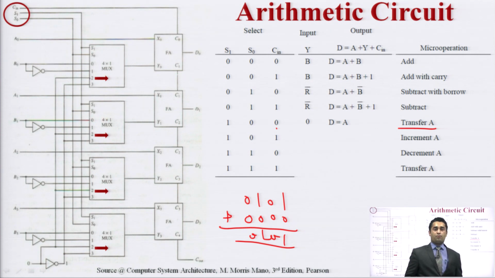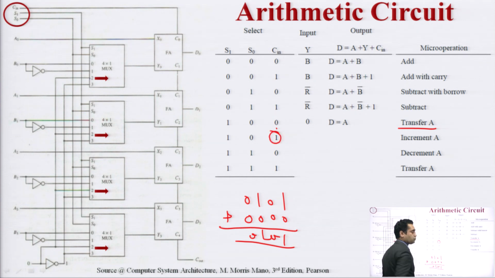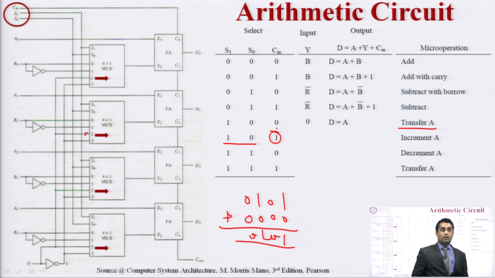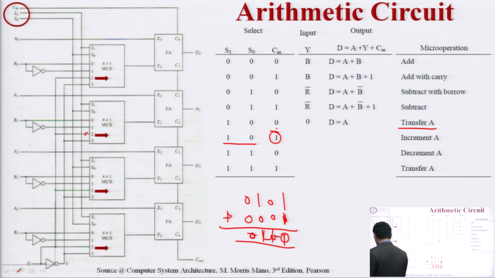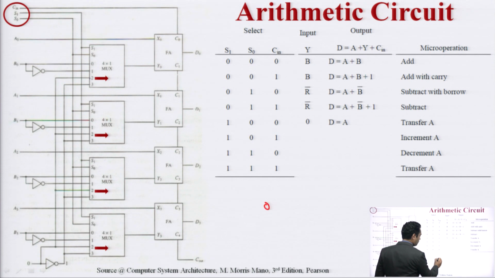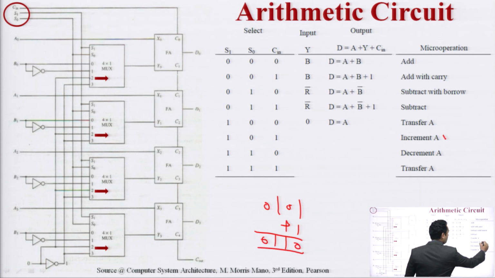Okay, what will happen if we are changing the carry in? Means the next combination we are changing this part. Still, due to this selection line, we are taking here value 0. That is okay. But when we are adding a carry in, now we are adding this 1. In this case, this is 0, 1, 1, 0. So what is happening when we are adding 1 here? We are going to increment our circuit. So now the output is the increment A operation. So this is another important operation.